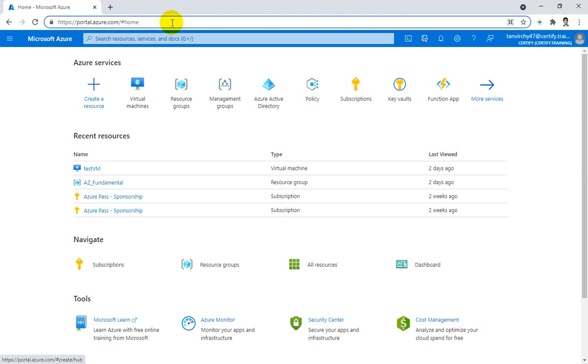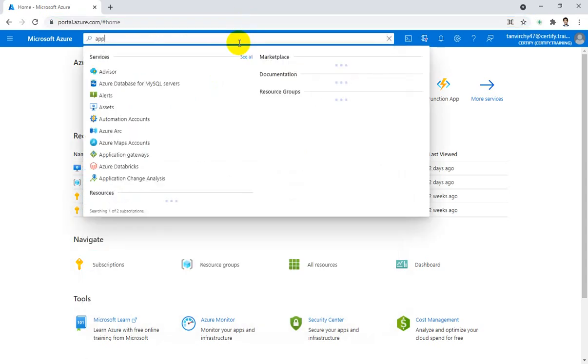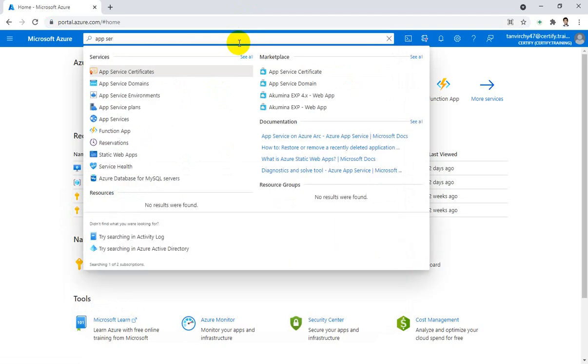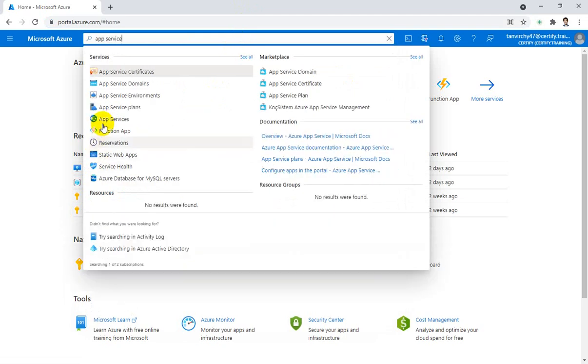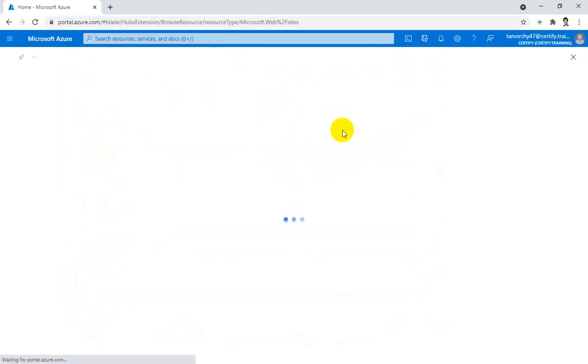Azure portal. Previously I have shown how to create a virtual machine in Azure portal. Now in this tutorial you will see how to create a web app. So to do that we have to search App Service in Azure portal,